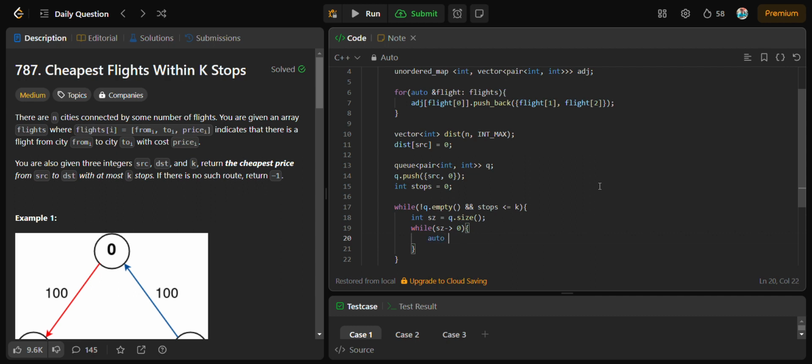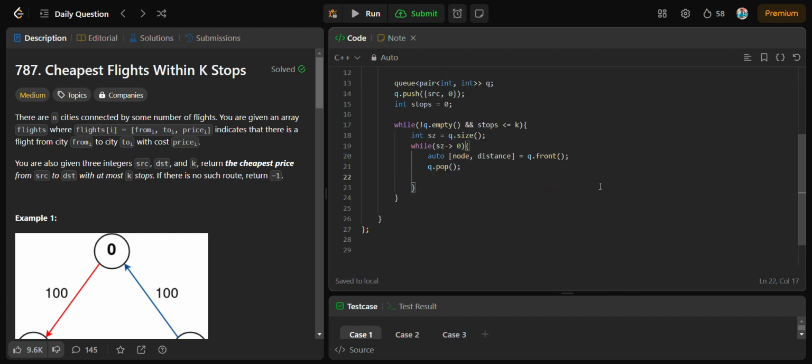we will perform auto node, distance equals to q dot front. So we are creating two variables, node and distance, and then again we will pop out this thing. After that, we will check if adjacent dot count of node is false. If so, then we will continue,